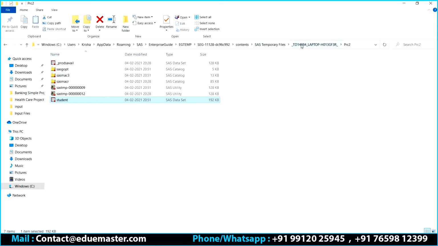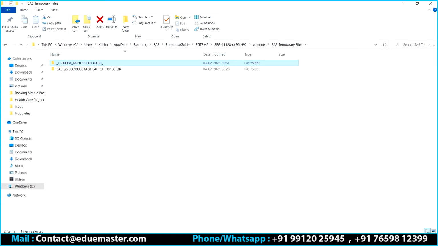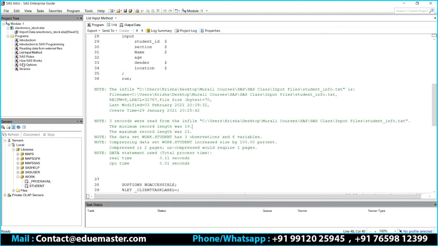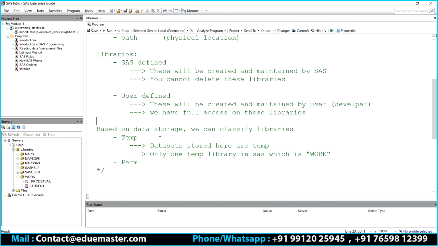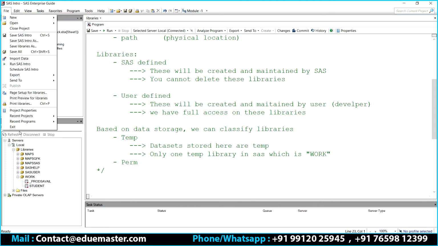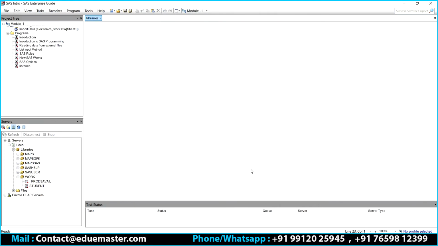In which location? SAS temporary files, TD14984, in that PRC2, it created it. When it was created, can you see this, 9851, right? So all I'm doing now is saving this entire thing and closing my SAS EG.